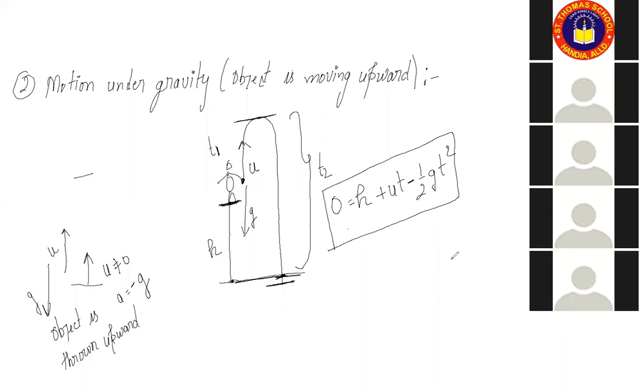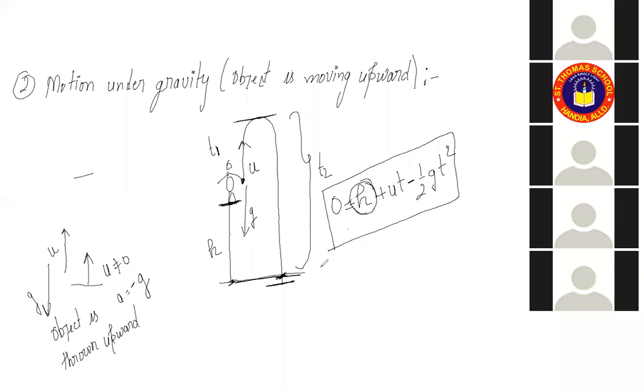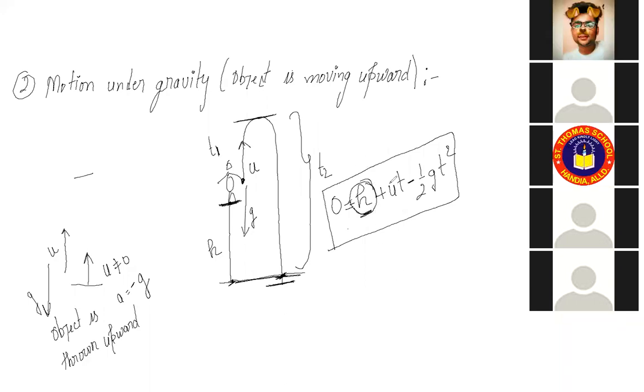Sir, how will the displacement be 0? The ball is thrown from height h. Yeah, I'm talking with respect to the ground. That's why I have added this distance here. You can see, na? Yes, sir. That's why I'm saying the displacement will be 0, because I have added this particular distance, and you can find it with respect to the ground. With respect to the tower, it will be 0, na sir?